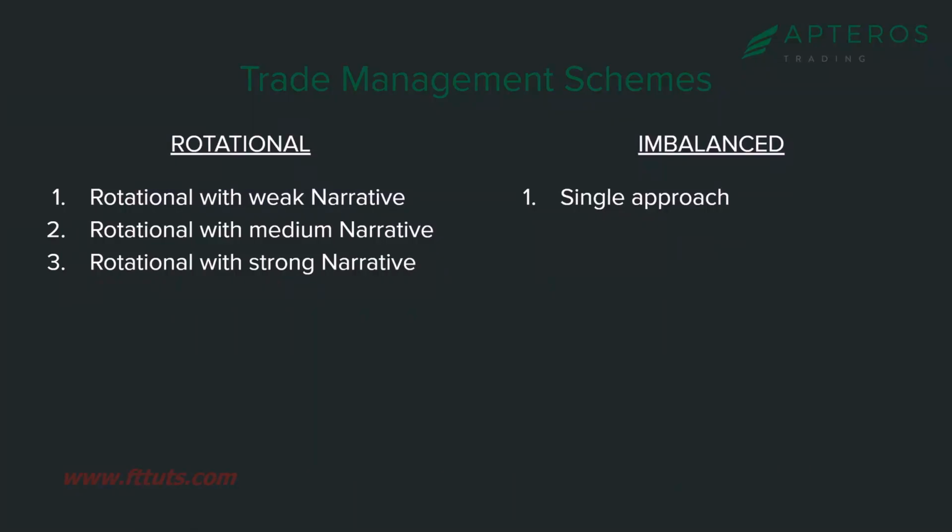So remember, DVA is rotational. We might have a weak narrative, a medium narrative, or a strong narrative. And I don't have answers for you at this moment as to if you have this, it's strong. If you have this, it's medium. That's something you kind of have to continue to develop and we can talk about. It's pretty clear where, I'll tell you, for example, a strong narrative is a day one breakout of a multi-day CVA where you're getting that breakout pullback. That's a really strong narrative. The recency is there. You got some duration. It all makes sense, right?